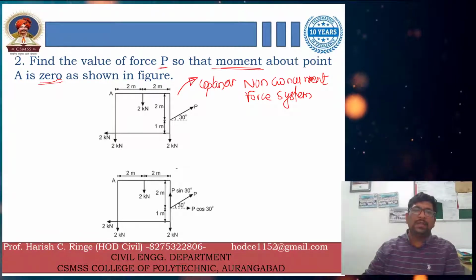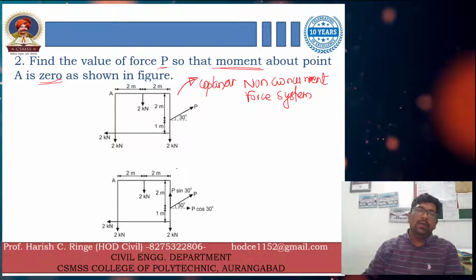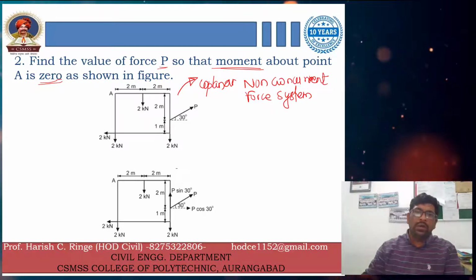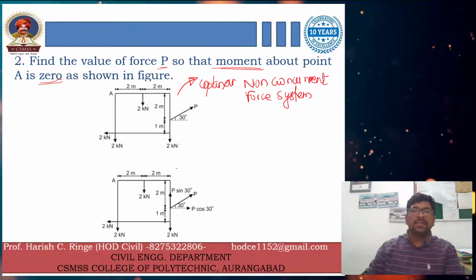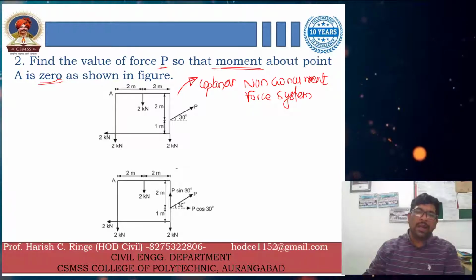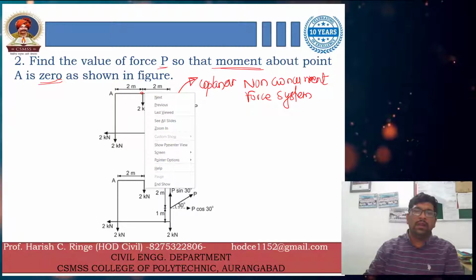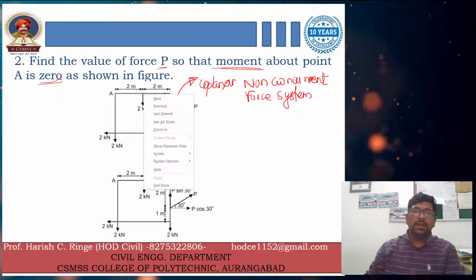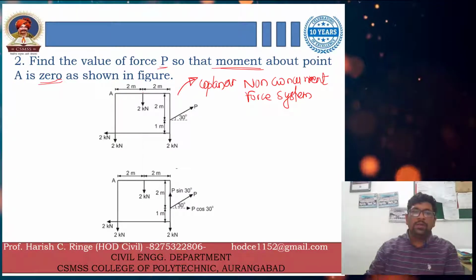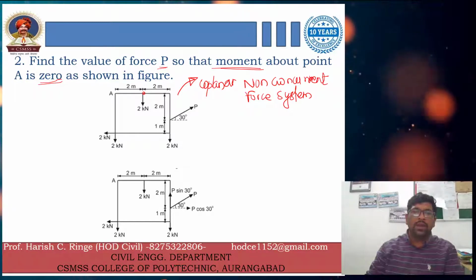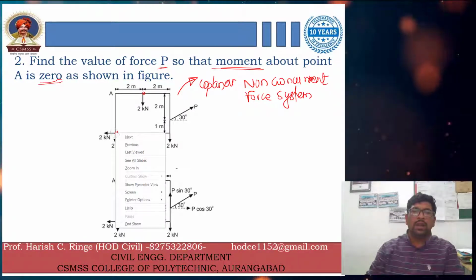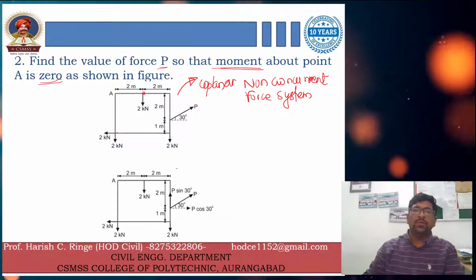What we saw just last day while solving the problem is that we have to make an arrangement, a free body diagram, right? So in this figure, first understand what the given data is. We have this particular force, one point over here, and another one over here. That is 2 kilonewton horizontal, and on the other side 2 kilonewton.